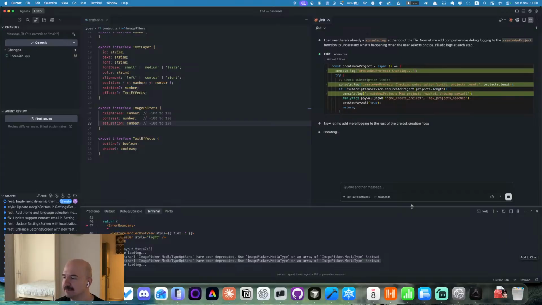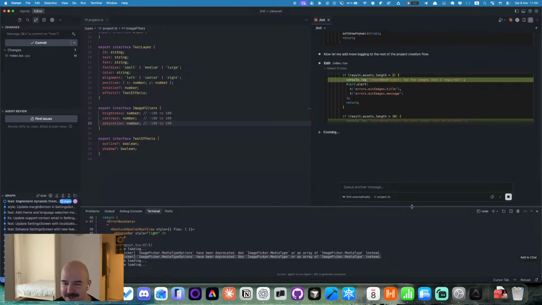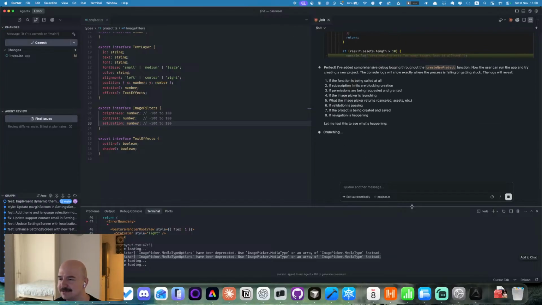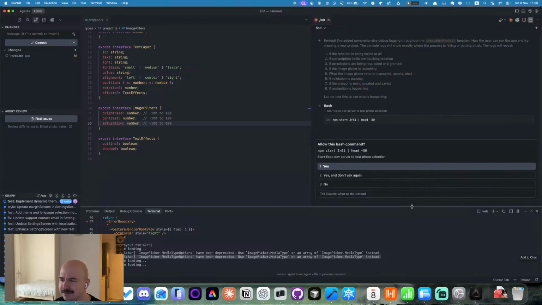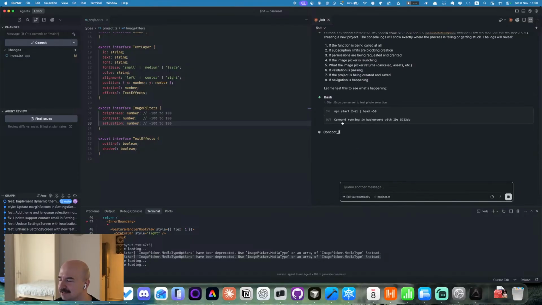Maybe we can add some logging system that is much better than just console log. In Flutter I'm using the logging framework all the time because I really like the nicely formatted logs in my app, and I can easily route them to Firebase logging or something like that. So yeah.